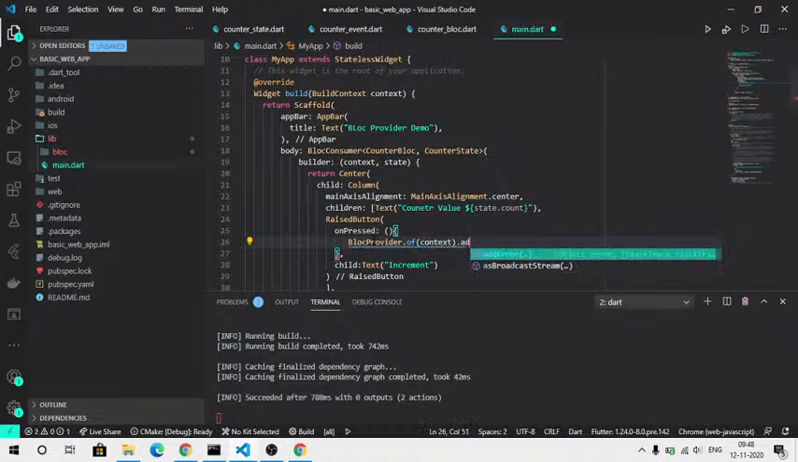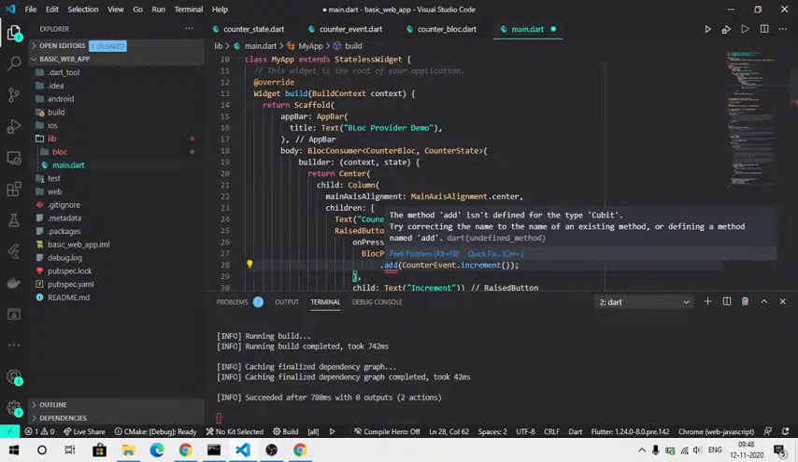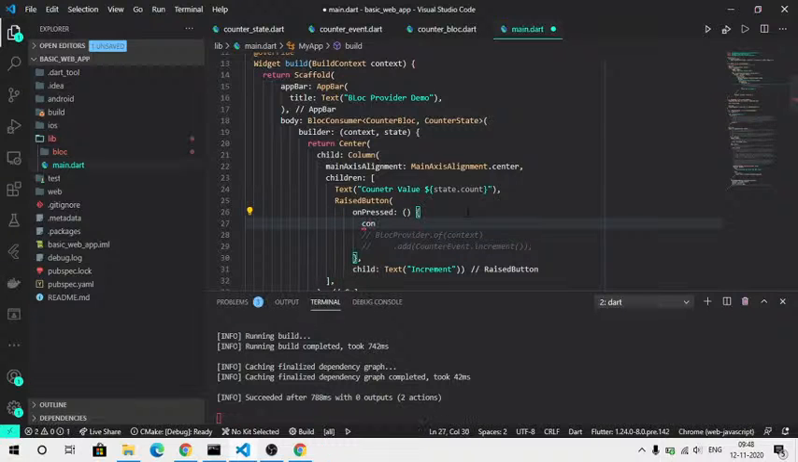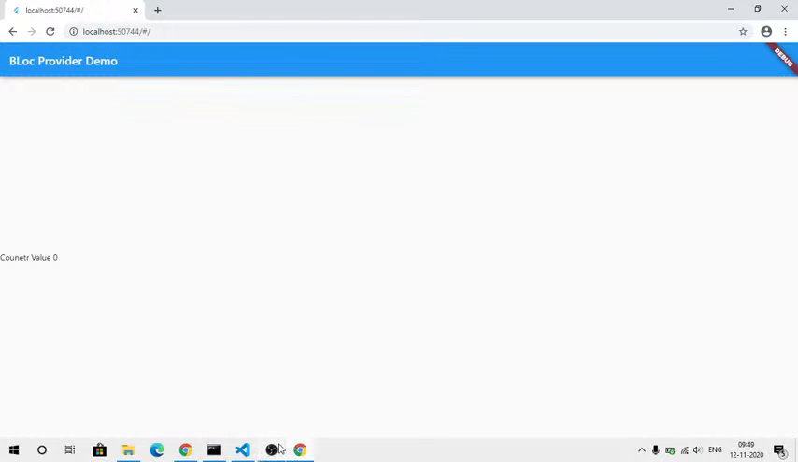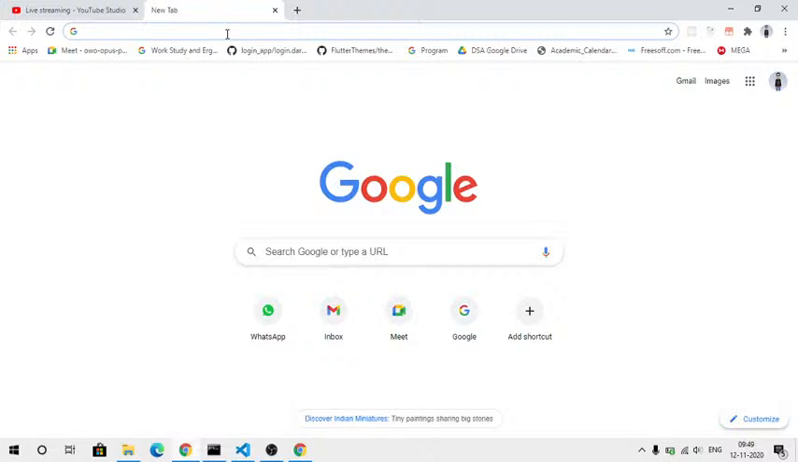Of context dot add. I think it should not be block provider, we can make it like this also, while we are making some types of variable, plus minus, so we should go and learn from it. Okay,